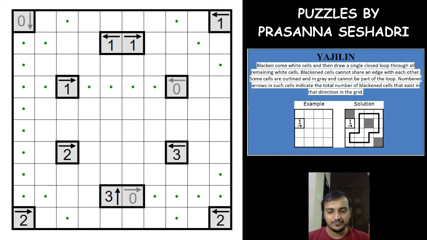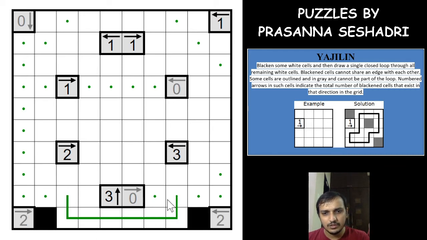So this 2, and if you see for the 2, none of these 2 cells can be shaded. So if you shade this cell, this will be stranded, and if you shade this cell, this will be stranded. It means both of these cells are not shaded and a loop has to pass through them, which makes only 2 cells available for the 2, right? And this loop segment has to go this way. So if it goes up or towards the right, it will strand this cell and it has to go this way. Let us mark the loop for the 0.